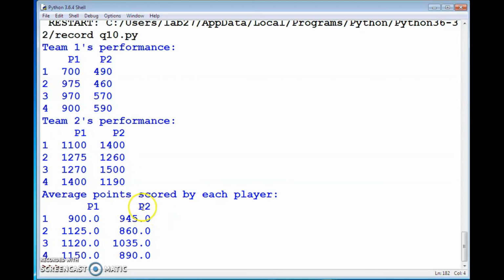Then the average points scored by each player. P1 first round 900. How? This is 1100 plus 700 divided by 2. Then how is this 945.0? That is 1400 plus 490 divided by 2. Likewise, all the values will be calculated as average points scored by each player.